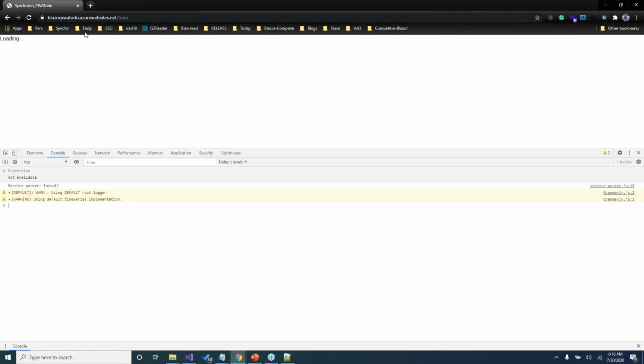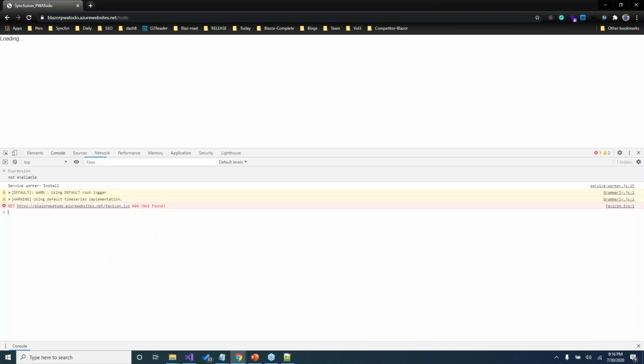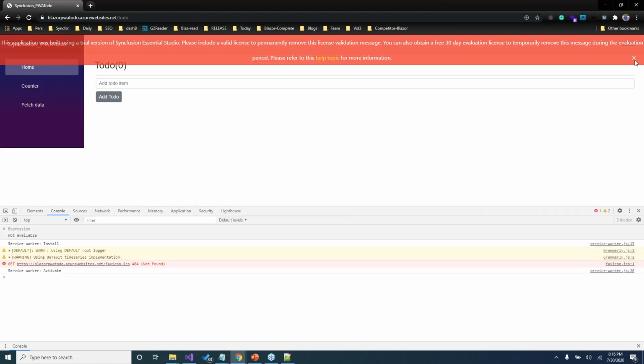Since this is for a WebAssembly PWA, it's a cache-first approach. So it always caches and it will be adding up in the application storage. So here you can see the service worker install is going on. Later, the service worker will be activated. Once the service worker is activated, our application will be launched. So here our application is